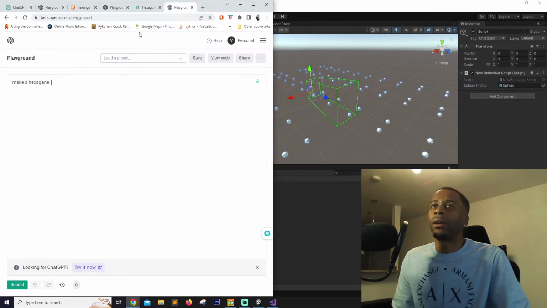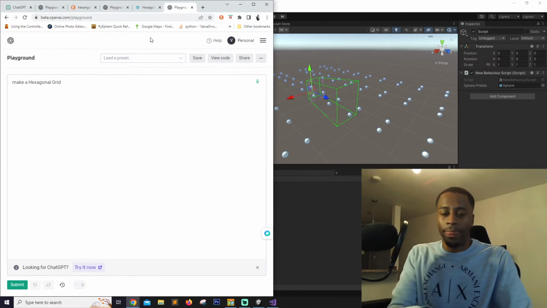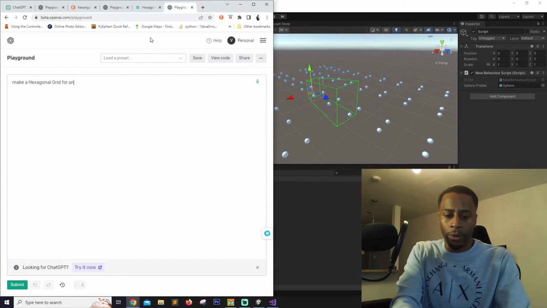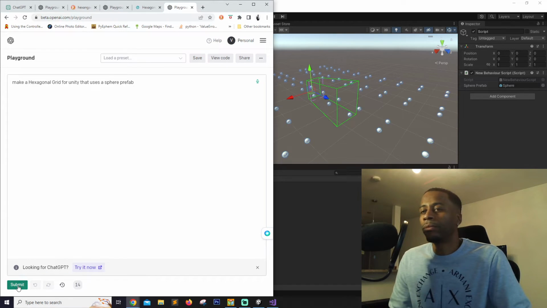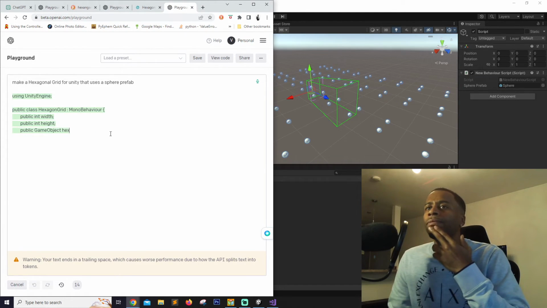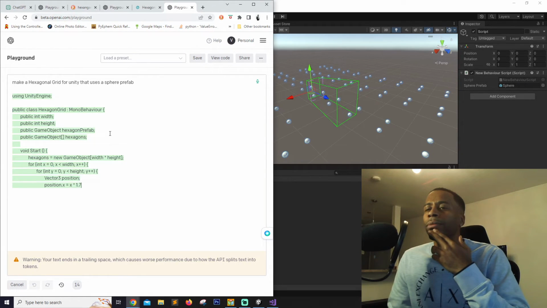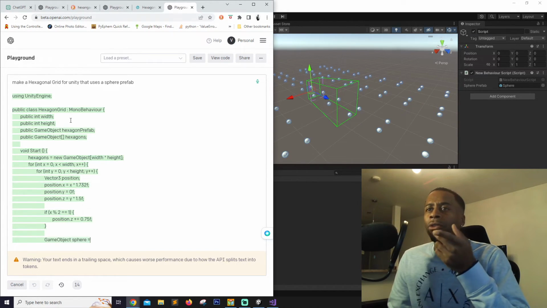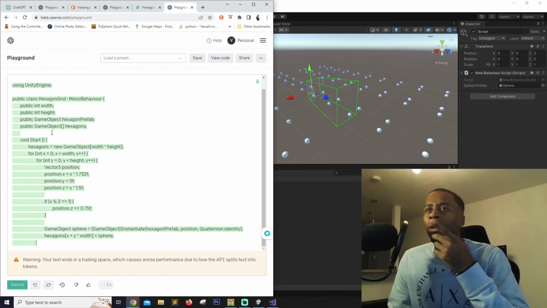So make a hexagonal grid for Unity that uses a sphere prefab. So I don't know what it's, so it's asking for the hexagonal prefab, and